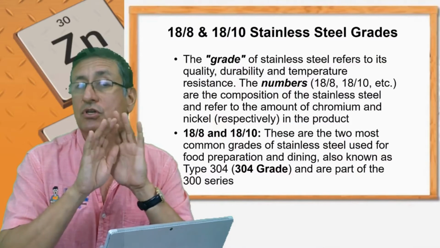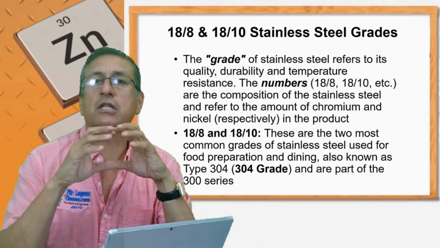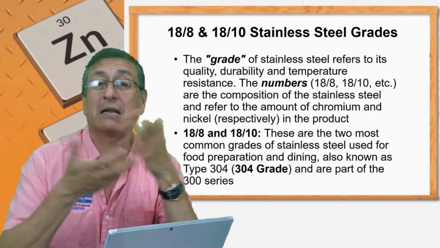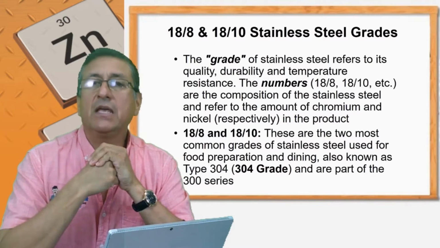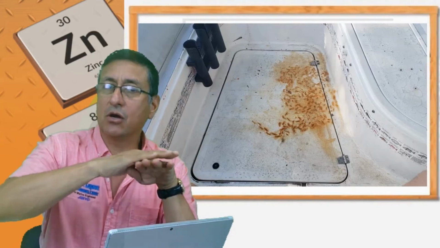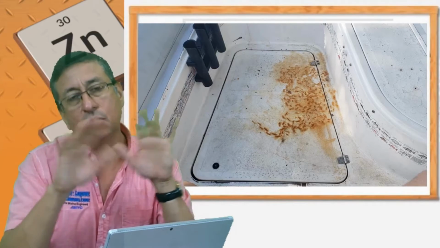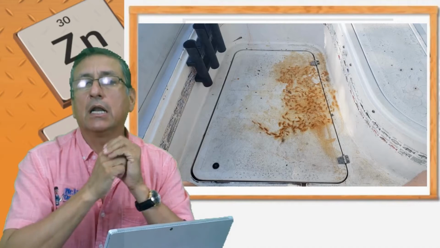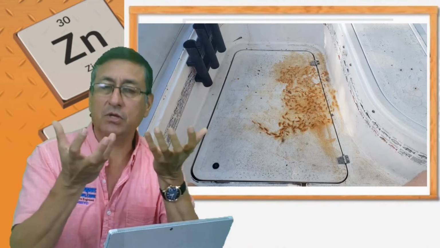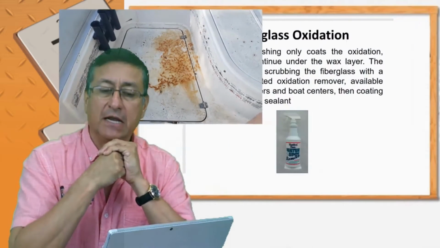If not, you destroy the fiberglass. At the end of the day, the fiberglass is broken, and you need to cut it and replace those pieces of fiberglass. If the damage to the fiberglass is only in the gel coat, on the surface, it's possible to remove that oxidation and return to the original color and polish of the fiberglass.